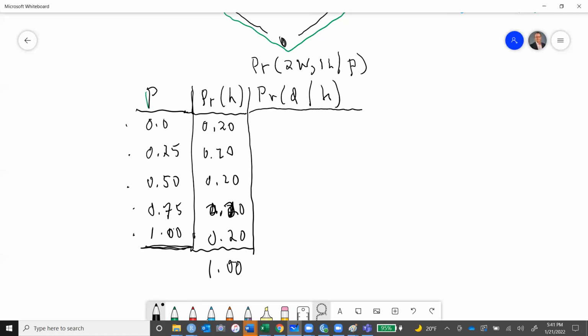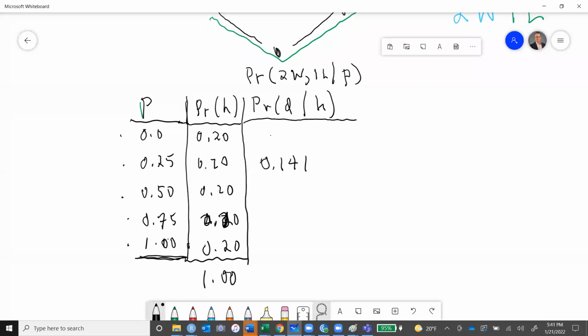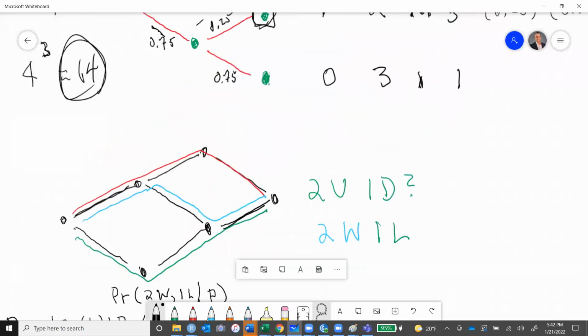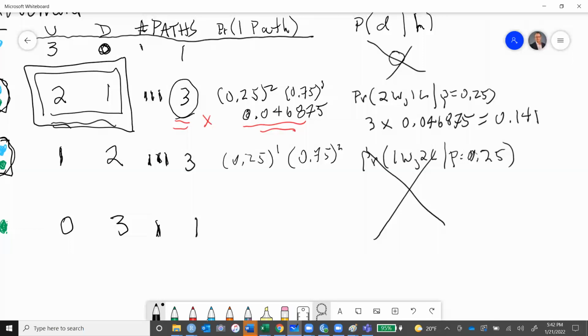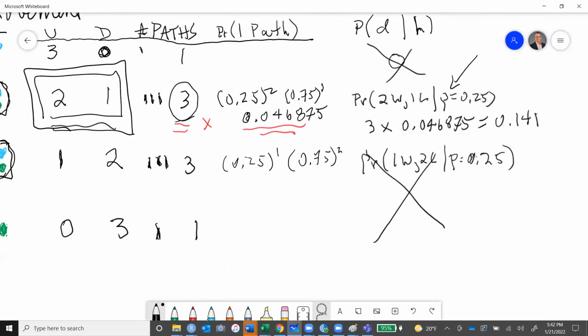And we already figured out this number. It was 0.141 for that. We can calculate the others just as easily by substituting into this same formula,